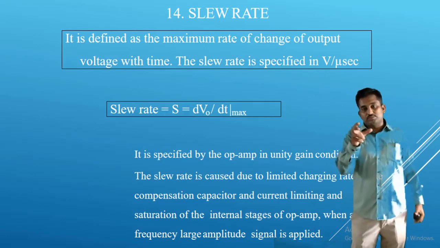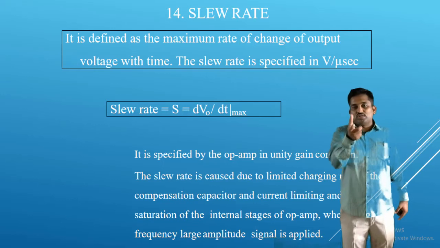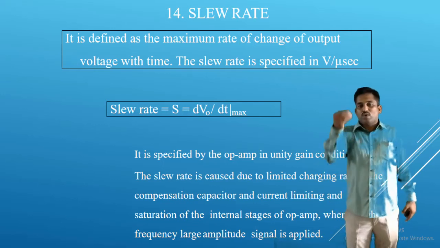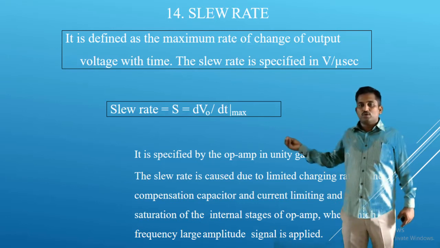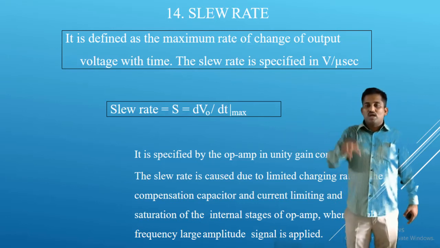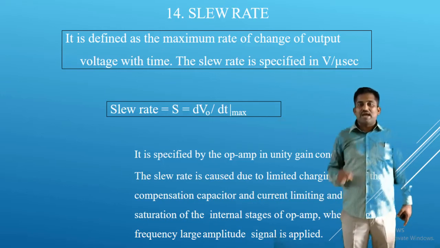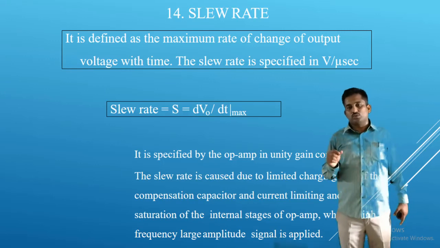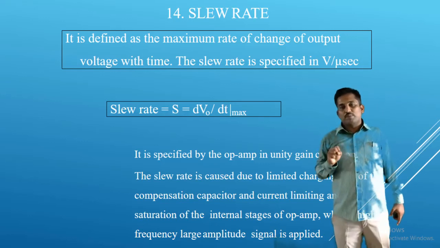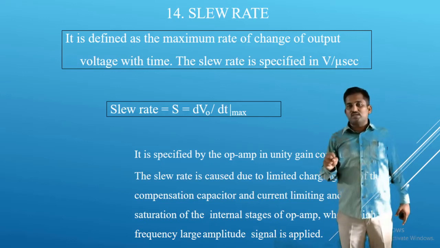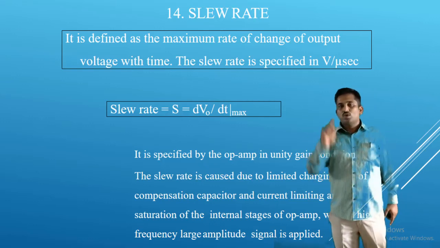The slew rate concept is majorly used for unity gain bandwidth or voltage follower op-amps. Whatever the input we have, we will get the same output. Voltage follower means the output voltage follows the input voltage. Unity gain means V0 is equal to (1 plus Rf by R1) into Vin, and the gain is 1 plus Rf by R1. The gain being 1 means you can replace 1 plus Rf by R1 by 1. So V0 is equal to Vin.